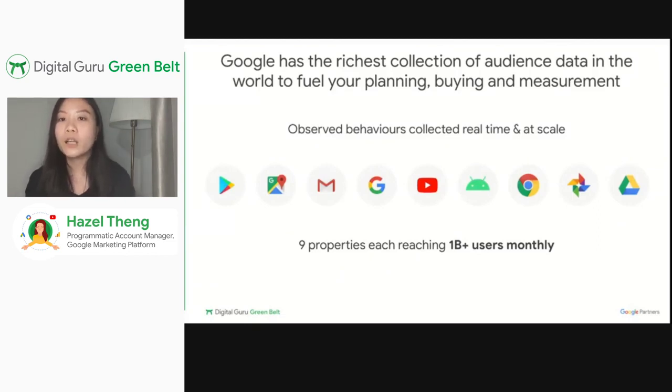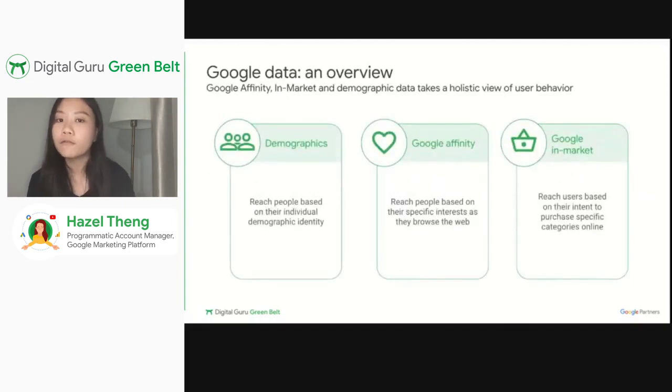So you're familiar with Chrome, Google Play, Gmail, Android, YouTube, etc. Signals from all these different properties about where users spend their time, what they browse, what they watch, etc. actually power our proprietary data sets like our affinity as well as Google in-market audience segments.